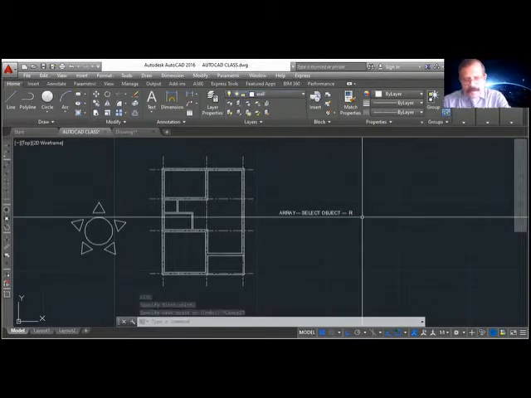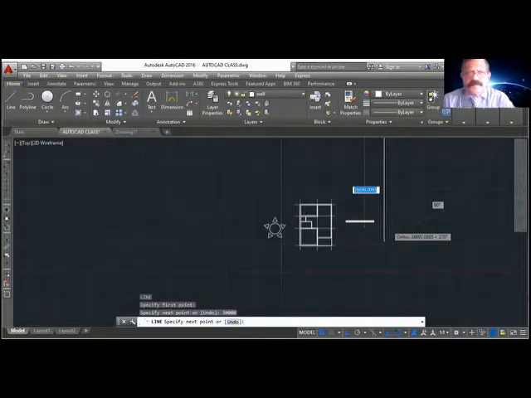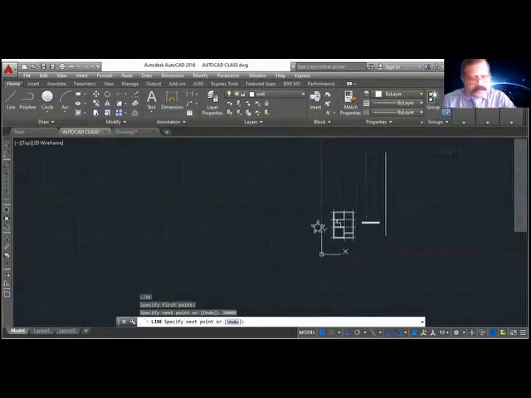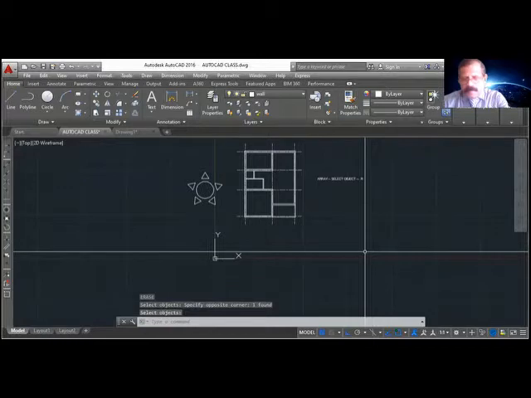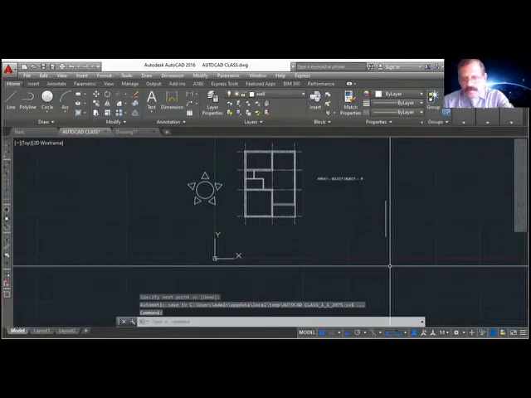Let me draw a line so it is easy to understand. Set for 30,000. I just drew a 5 meter length line, offset 1 meter.